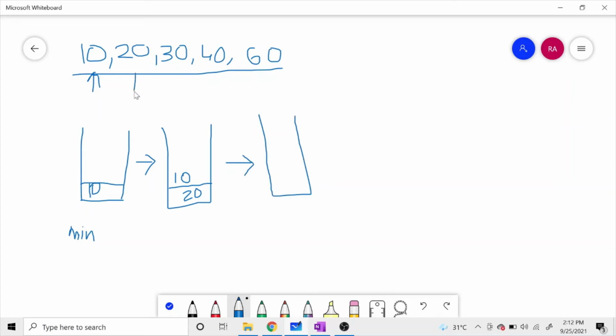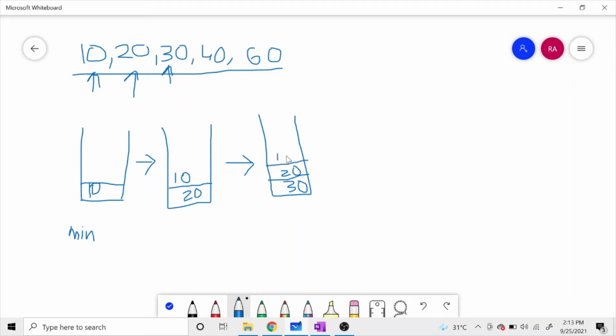We have processed 20 and now we are moving towards 30. When 30 is inserted, it will come at the last since it is the largest element, and the remaining elements will be on top of it, and 10 will be at the topmost since it is the minimum element.